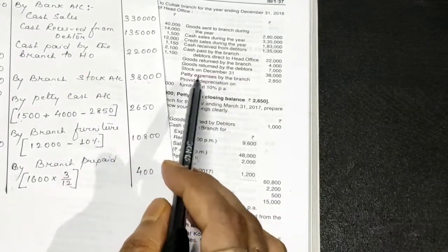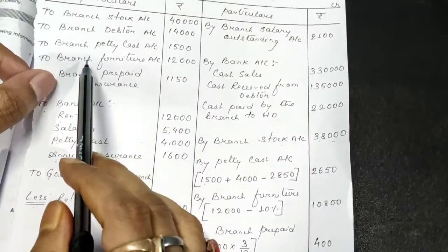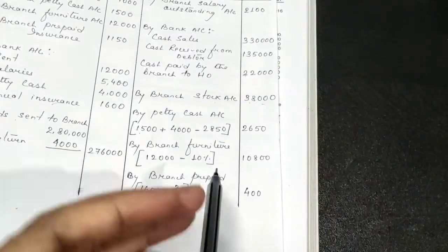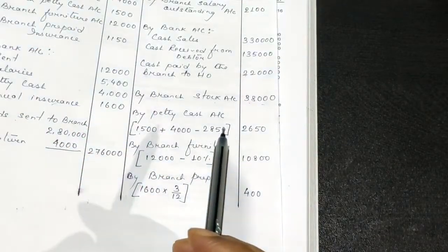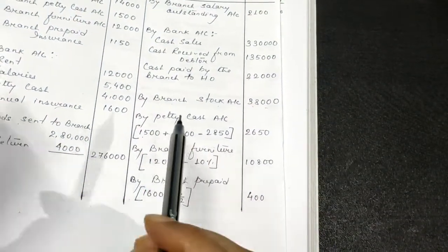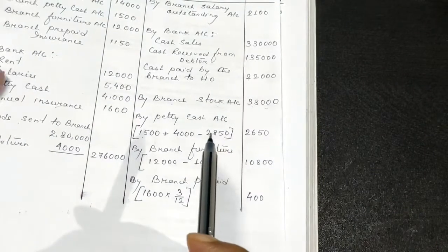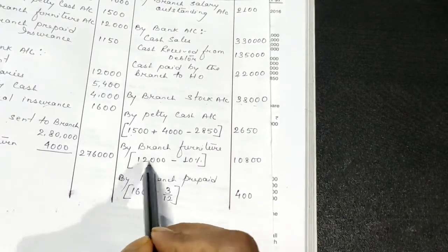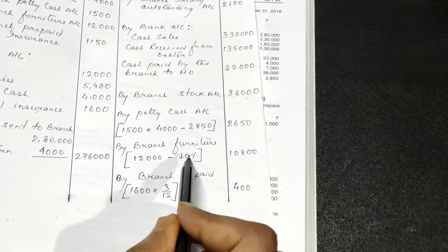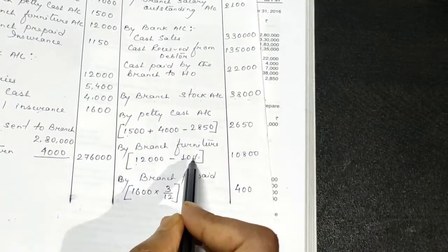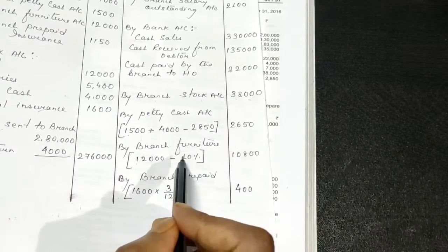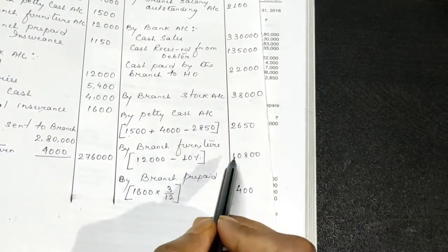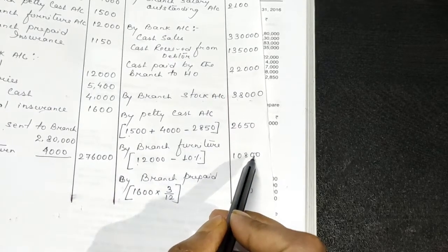Now let us come to the next: provide depreciation on furniture at 10%. The opening balance of furniture is 12,000. By the time we reach the closing, we have to provide depreciation, and we all know that depreciation will decrease the value of your asset, so we'll subtract the depreciation amount. In a very shortcut way, 12,000 was the opening balance minus 10%. If you use this in a calculator, you can easily get the answer. 10% of this is 1,200. Subtract it and you will get the same answer, 10,800.